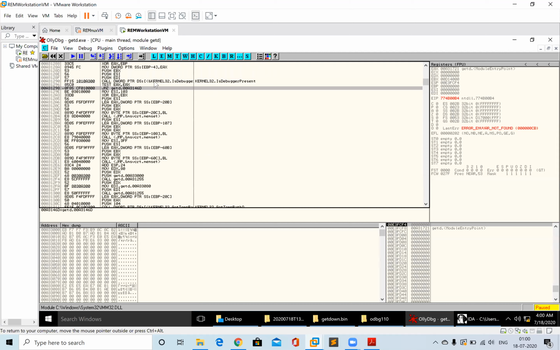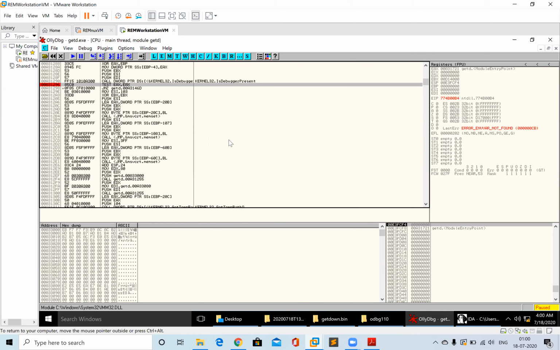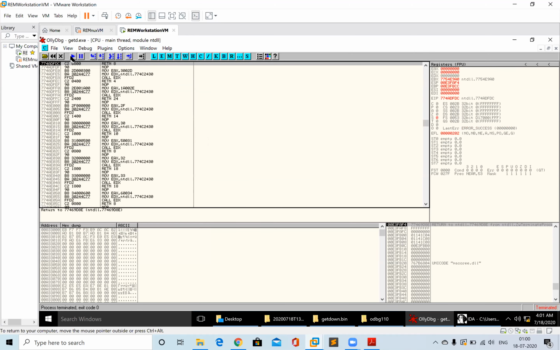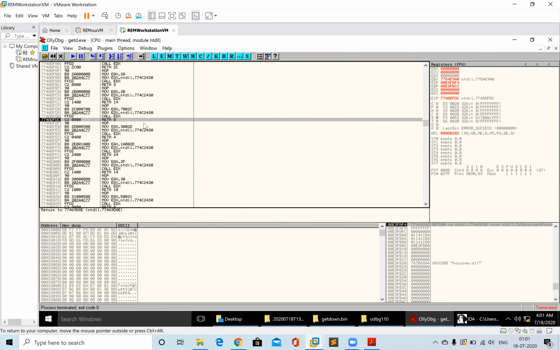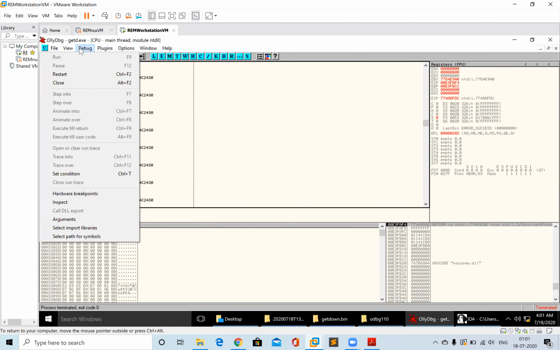So what we will do is put a breakpoint over here and let this malware run. Let's toggle a breakpoint, and run the malware sample. It got terminated before even reaching this point.